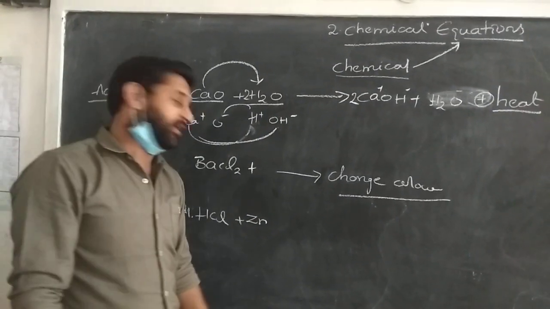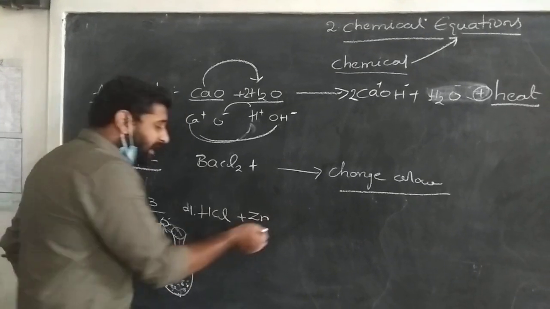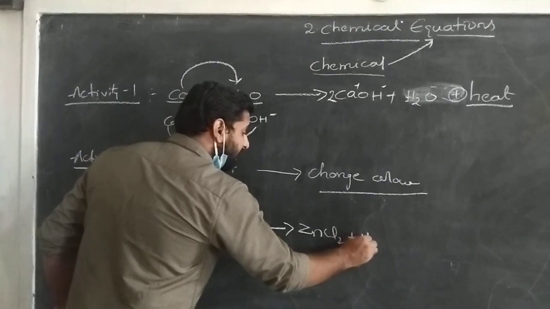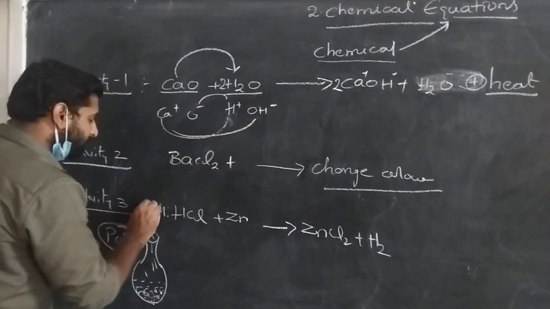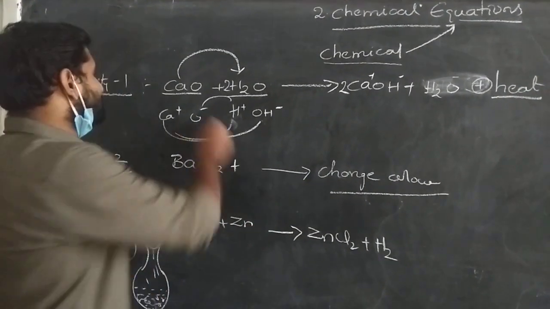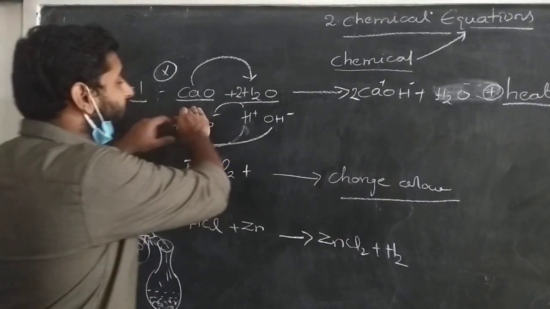Pop sound will be generated here. So what will be that one? HCl plus Zn. When we add a reaction here, that will be coming as ZnCl2 plus H2. To get that, we need to add 2 times hydrochloric acid. As I told you, we need to make a balancing of the equation. See, this is not a balanced equation, I already told you. Right? This is not at all a balanced equation, but the equation will be forming like this.